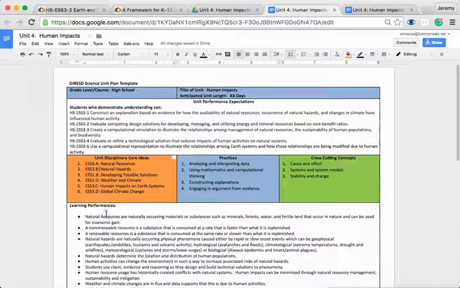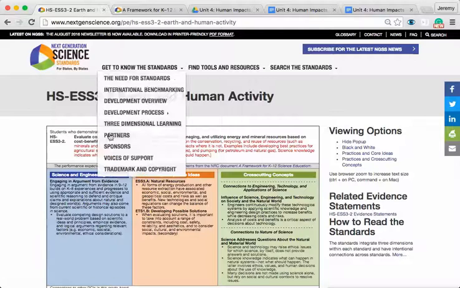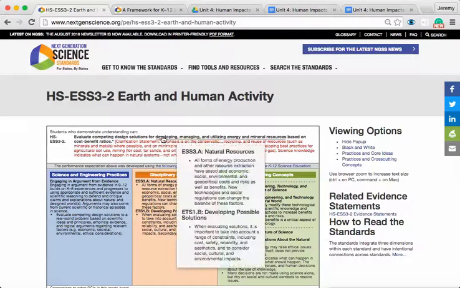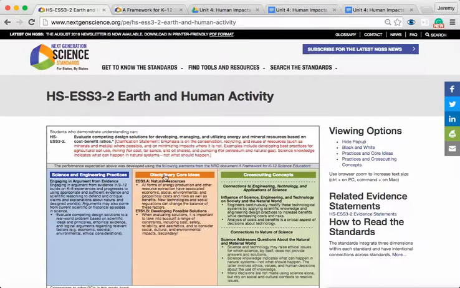And you're probably asking, where does that disciplinary core idea come from? Well, if I go back to my specific standard, right here you can see the disciplinary core ideas as they would be part of this performance expectation. If I hover over the document here, you can see the performance expectations for this standard as well. And if I had all of them listed here for my unit, and I was to hover over one of them,